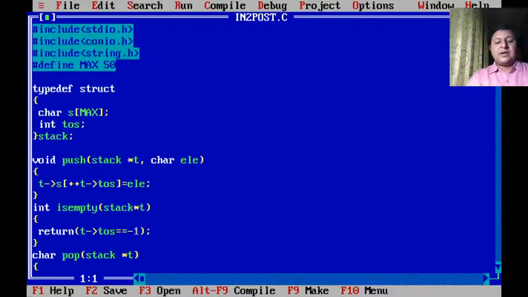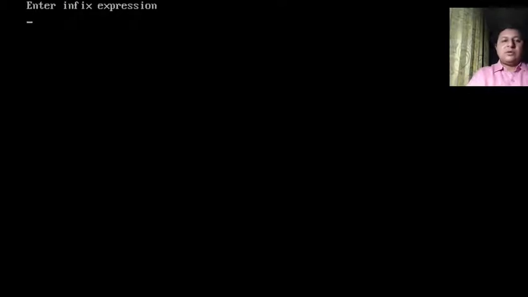Now if I put a bracket around it, let's say a into, in bracket, b plus c. Now you've seen when the brackets were not there, it came as ab star c plus, but now b plus c should be done first, so it should be abc plus star. Perfect. And maybe I guess this is enough, but just one more to conclude. So let's say m plus q into, in bracket, j minus d, plus z divided by p.